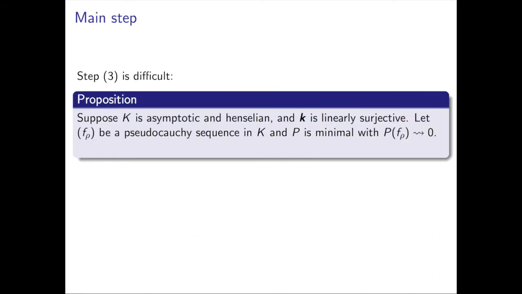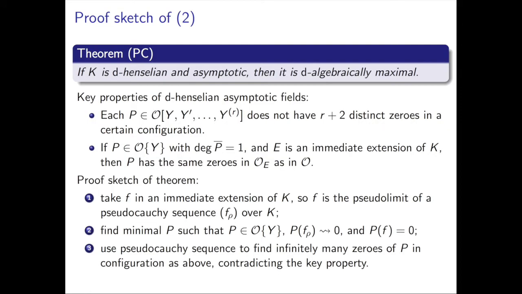And what can I say about this? The third step is the really hard step. What was the third step? The third step was to find the infinitely many zeros in the configuration. Proving this key property is not too bad at all. You just develop some basic general theory and you can do it. It's not very hard, and similarly it's not too hard to get from there to here. But somehow it's much harder to get to the general setting.